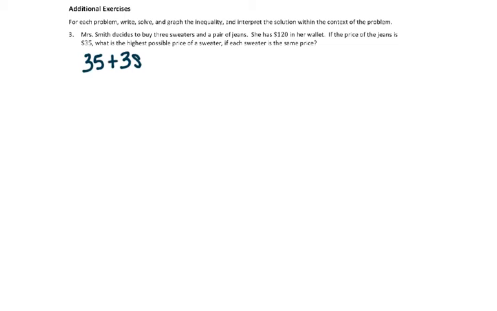All right, she has $120 in her wallet. So she can spend less than $120, or she can spend equal to $120, but she cannot spend more than $120 because she doesn't have more. So what we're trying to figure out is what the cost of each sweater is if each sweater is the same price. So we're going to combine like terms. And in order to do that, 35 is being added to the left side of my equation. So since it's being added, I'm going